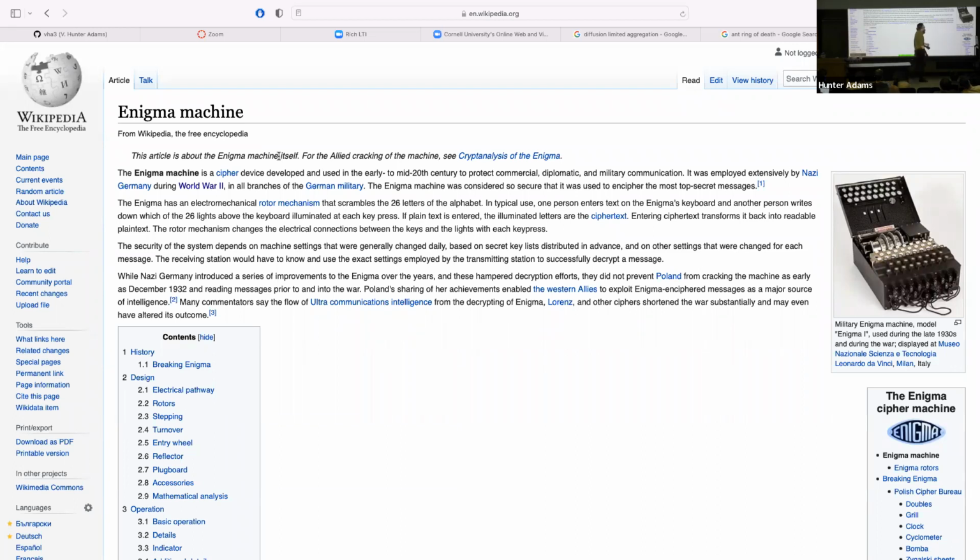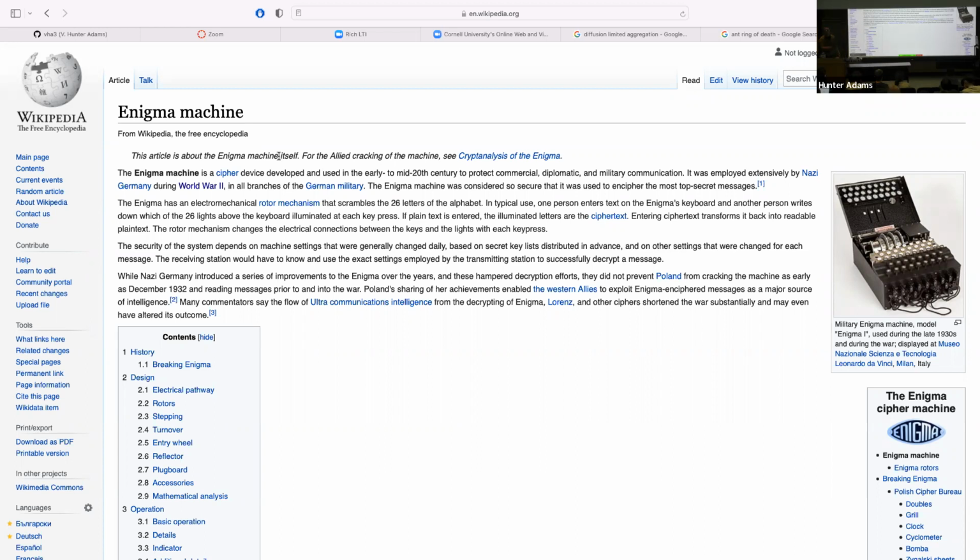You can do the math on the number of possible configurations of this machine, and it is astronomical. It's so large that I think if you were able to test a particular configuration every millisecond, you wouldn't be able to get through all of them in the lifetime of the universe. I think that's the piece of trivia. In any case, it's huge. It has a weakness that those of you that are interested should Google and learn about. There is a weakness to this machine that was exploited by Alan Turing in his construction of the Bomba machine that allowed them to crack it.